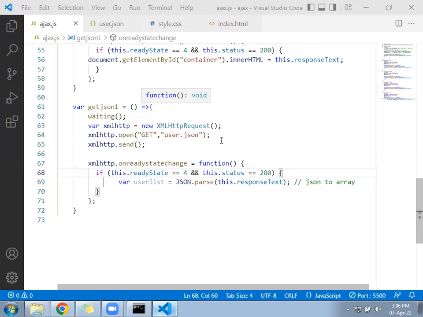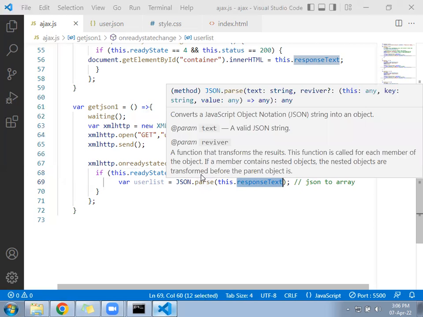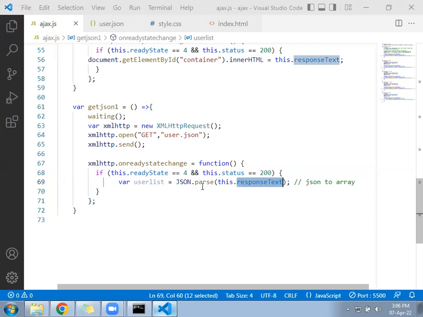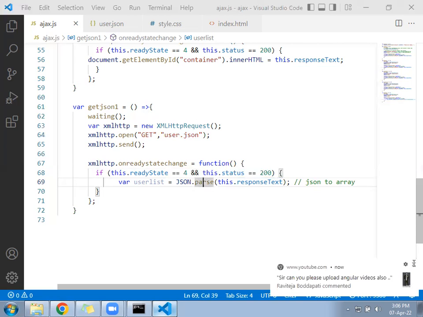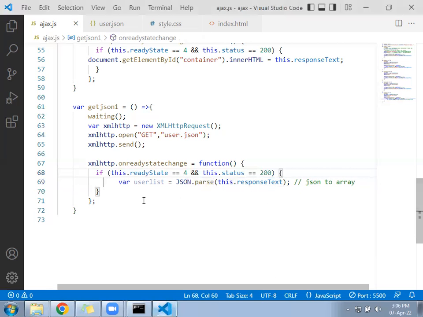Okay, clear. Now, hope you have written this. responseText is nothing but the text in the form of JSON format. From JSON, we are converting into an array using the function called JSON.parse. The JSON.parse function will help you to convert the data. Okay. Next, after that,